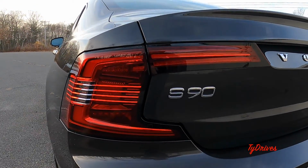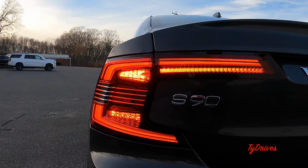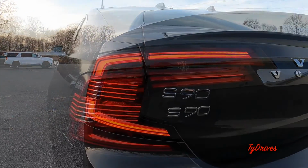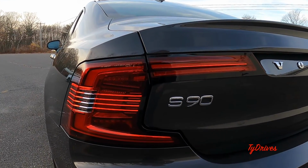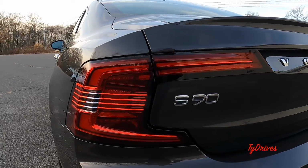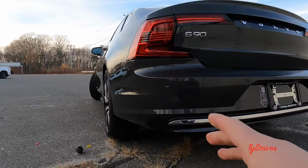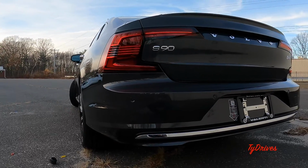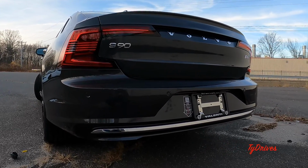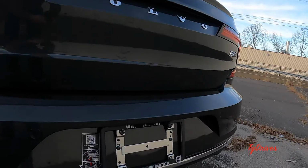Some revised taillights back here, which are pretty nice looking. They also kind of fade on and off when you unlock the car, and so that's a pretty cool feature. But all LEDs back here, brake lights, tail lights, reverse lights, you name it, all LED powered. Again, parking sensors back here, and there are also sensors to the side that aid in your automatic parking assist. Hidden exhaust tips. We have the rear view camera,